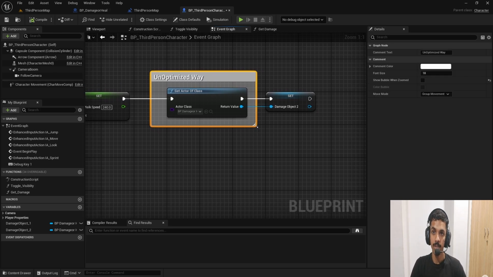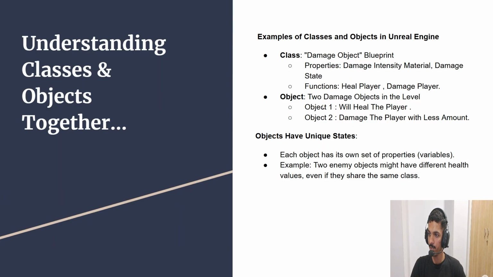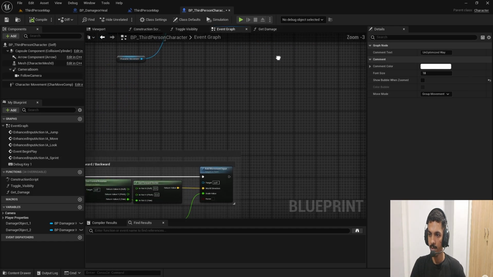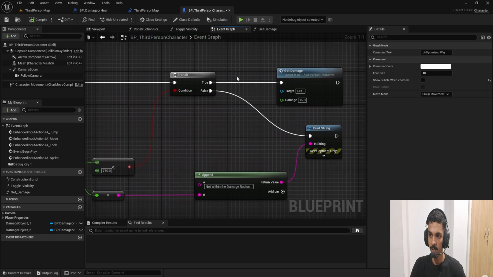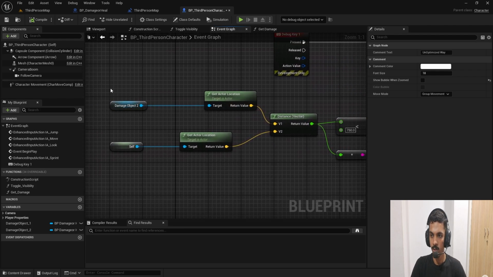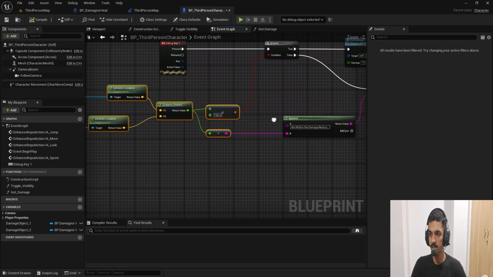So we are going to extend this functionality because based on our documentation, there will be two objects. One will heal the player and another one will damage the player. Okay. So we have done the damage functionality successfully using the Get Damage function. Now we need to write a function for healing the player, and the same logic,